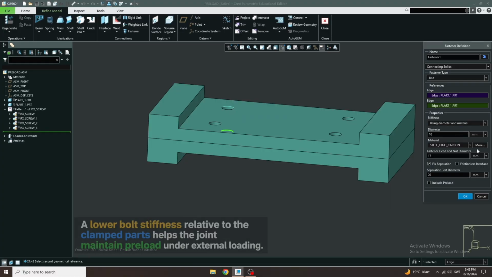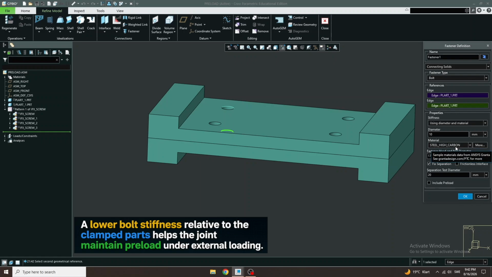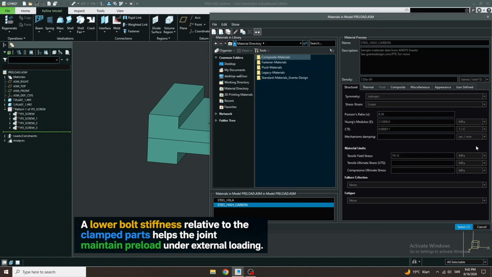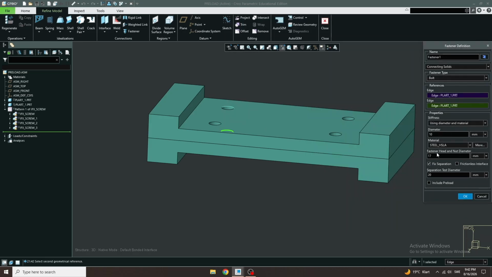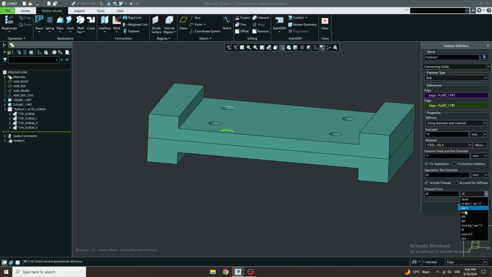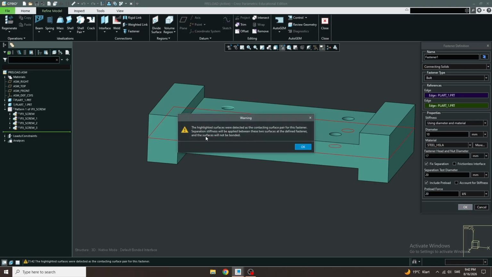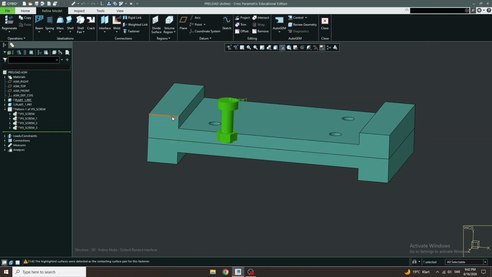The material, you can choose it here. I have steel high carbon. You can use whatever you want. And this is the fastener head or washer or whatever you have, and you can here apply a preload. Let's say we want 20 kilonewtons, and the highlighted surface is in contact. Okay, and then